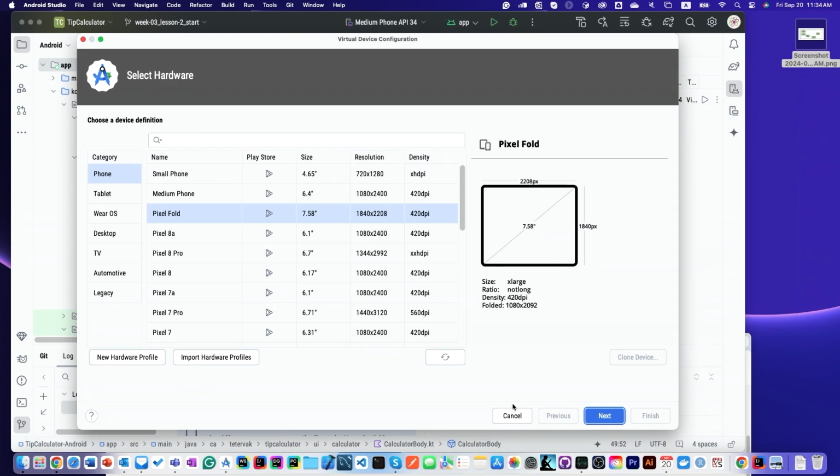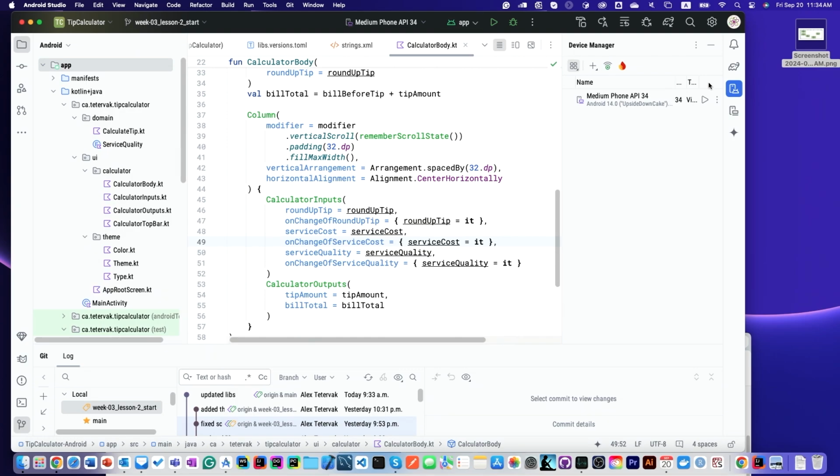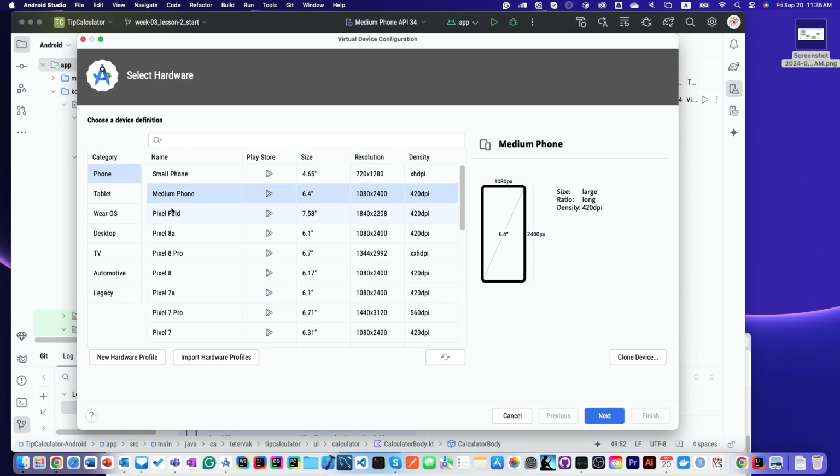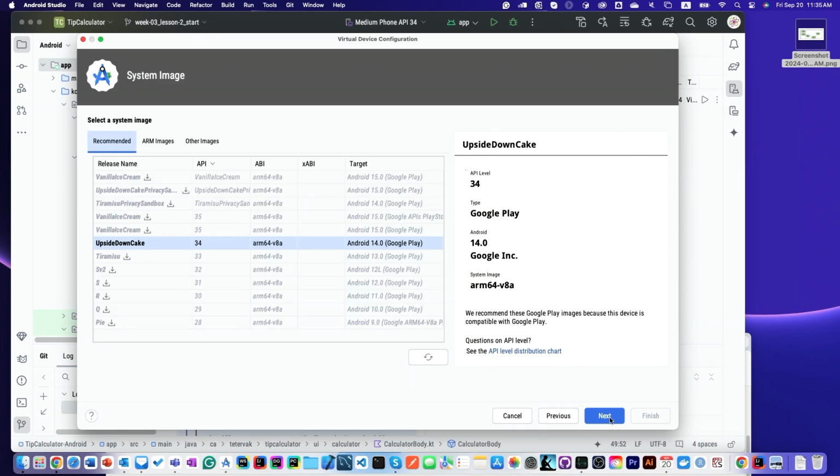Again, this is my understanding, but I do not guarantee that it is the case. When we add a device like this, create virtual device, this is generic. Something small, something medium, something large. It is not an actual device, it's a kind of sample for a general thing. These are imitations of actual devices, with exact pixel size, diagonal, and so on. When we go to select, for example, small phone and go next, you see that